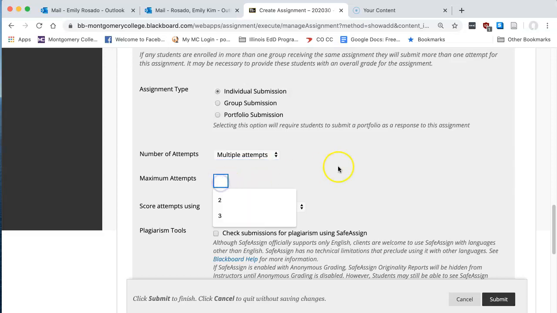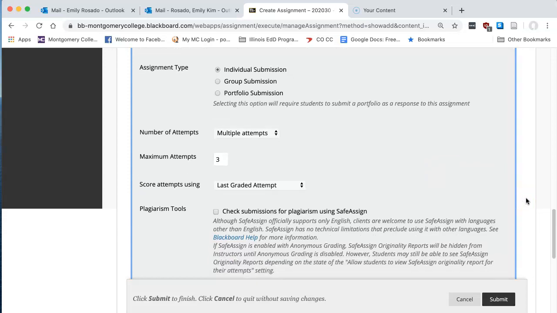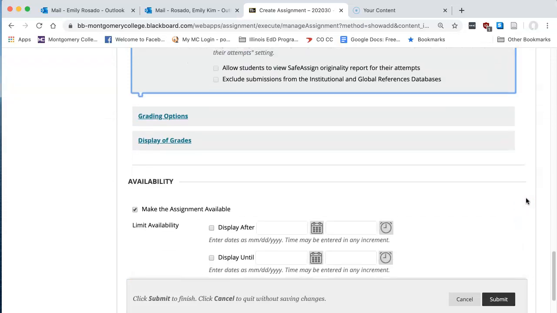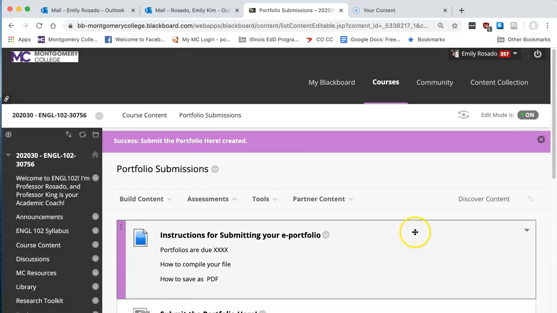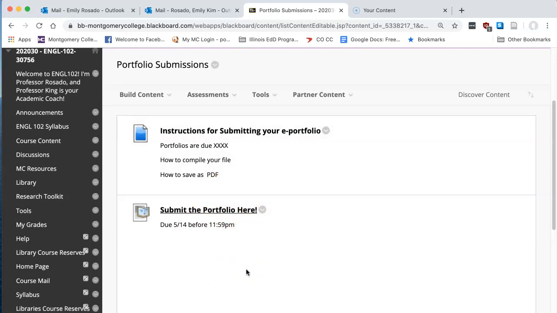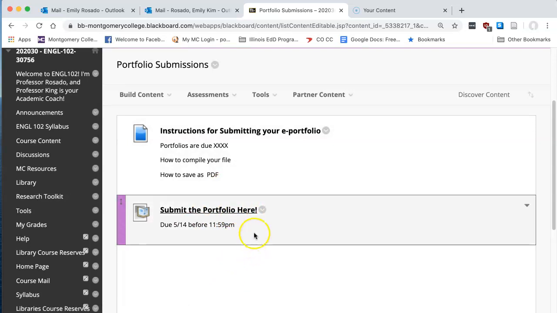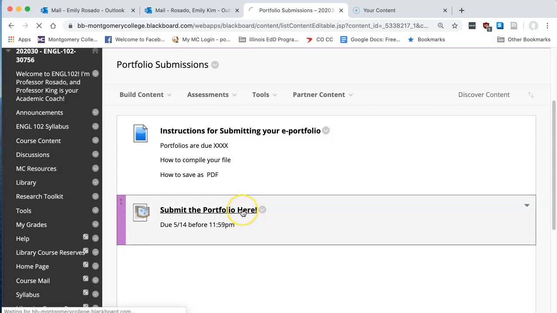So I usually allow 3 attempts, and in my experience, that's enough for the student to submit everything the right way, the correct files. So that's it for that page. So then you click submit, and then this is what the student will see. So they'll see a link, and it's important to tell them that any title that's underlined in Blackboard is a link. So they'll go here and they'll click on the link,